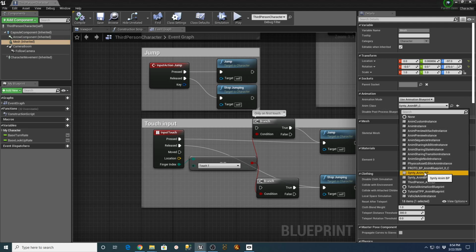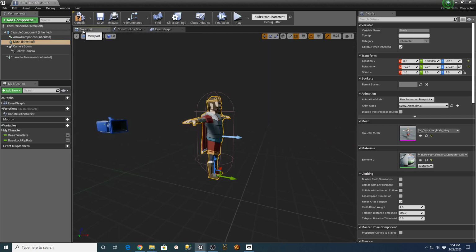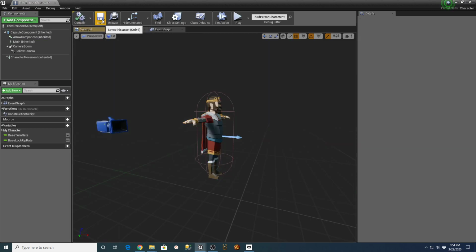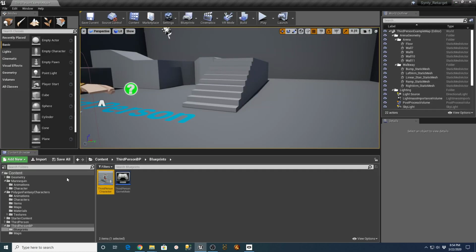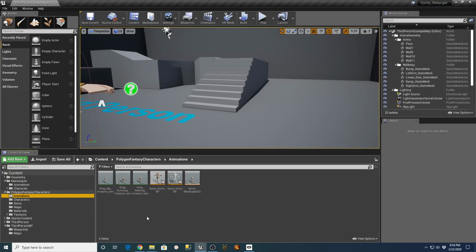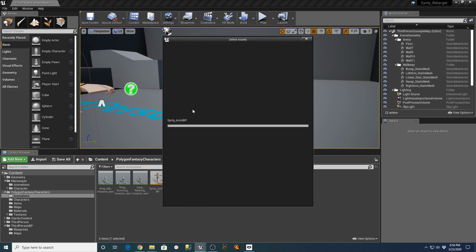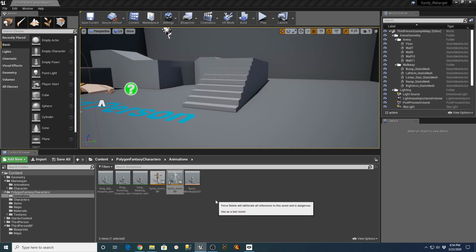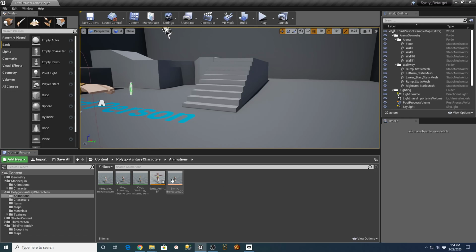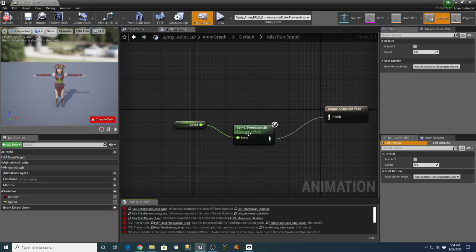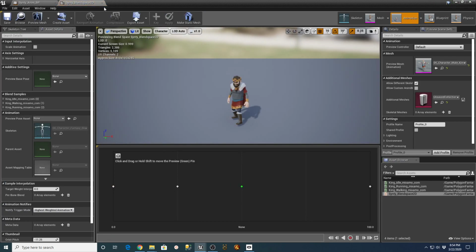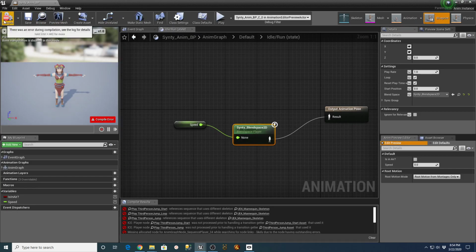So Synty anim underscore BP. And we'll compile that, save it, and then that will give us the ability to go back here to this animation folder and delete this one. That was assigned to the incorrect skeleton. So we'll get rid of that guy. Should be gone. And our blend space player there should work now.